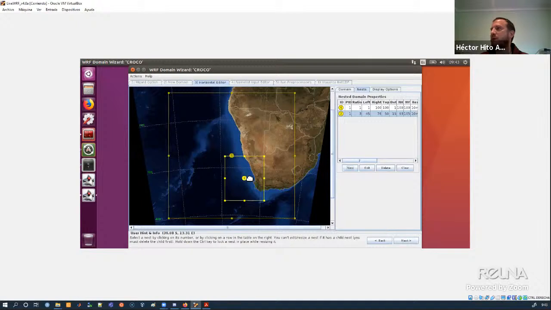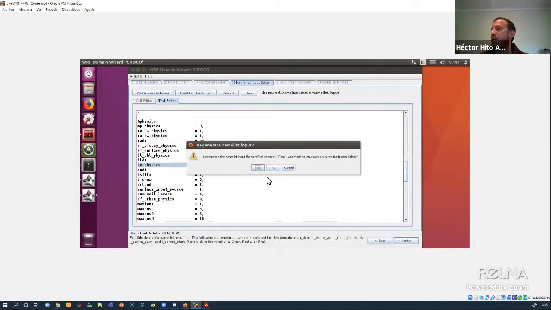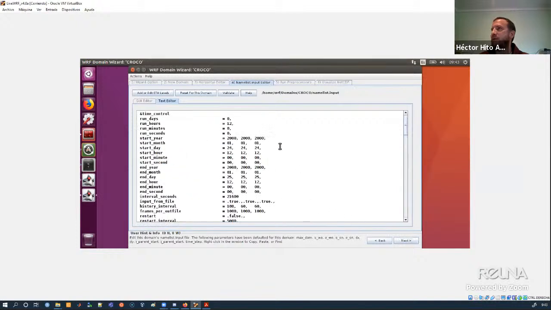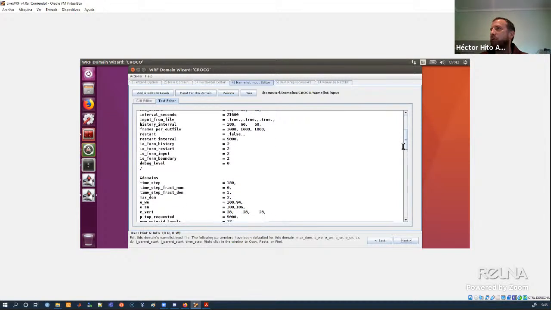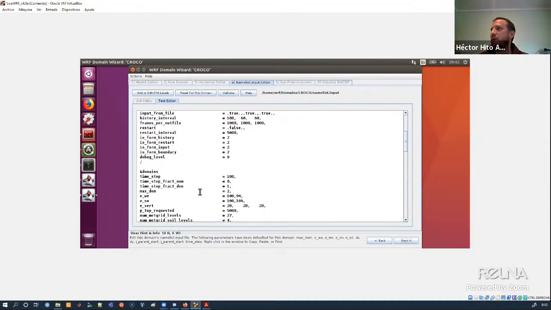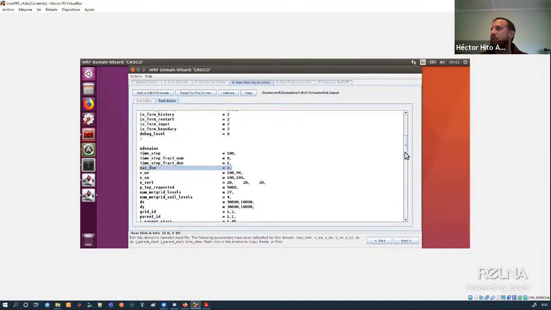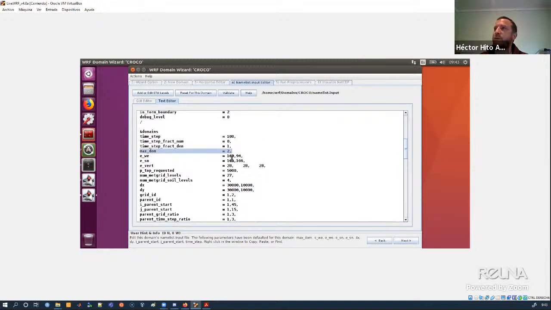And you will have one domain and my subdomain. Change that, and now notice that we have, well, 3 columns, but we will use just 2 columns, max domains equals 2. And each column is related to one of the domains. So the first domain is 100 by 100, and the second domain is 94 by